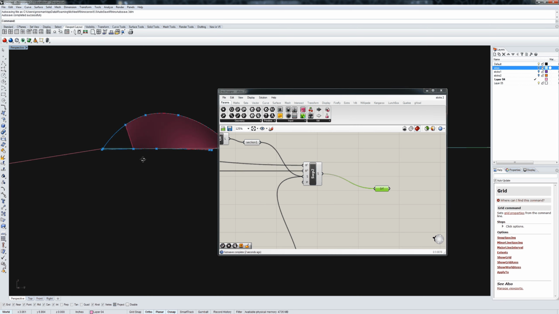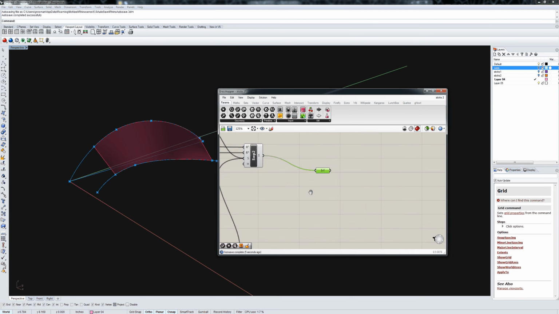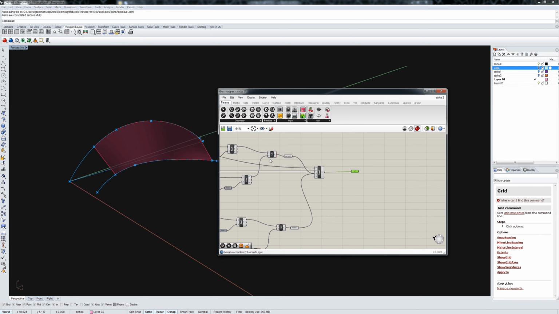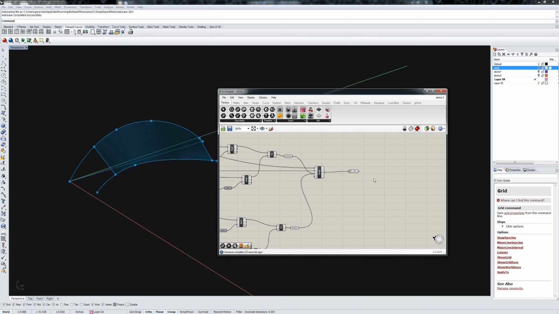But if you're producing a drawing, actually maybe not so much. So what might be better for you, rather than producing a surface that you can make 2D, because it doesn't make 2D very well,